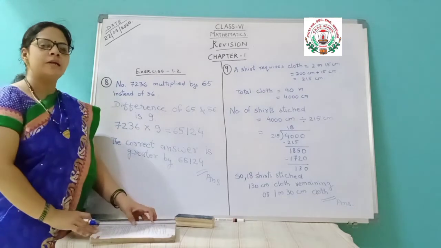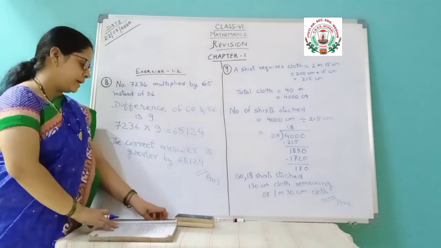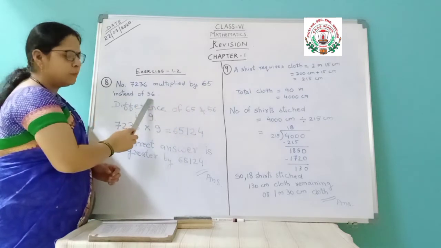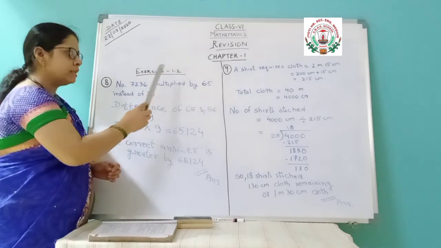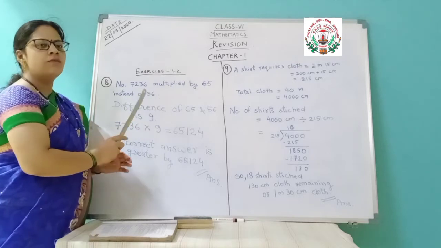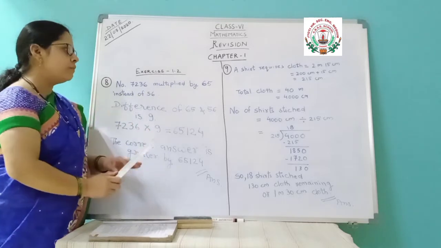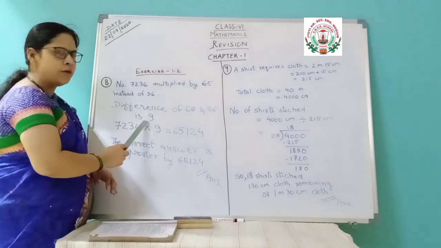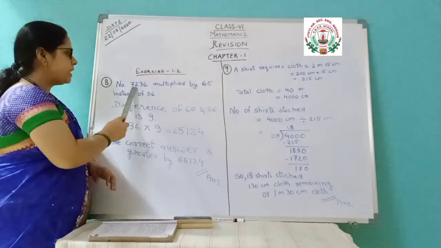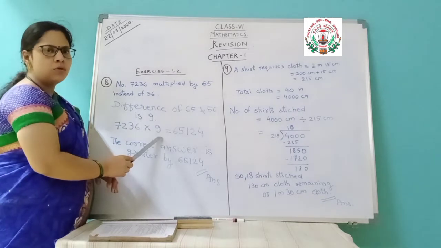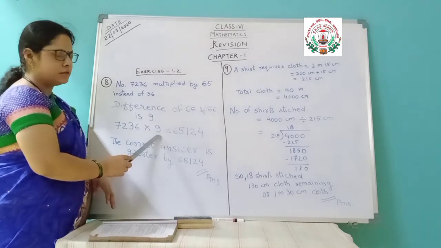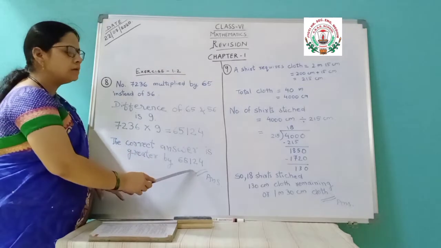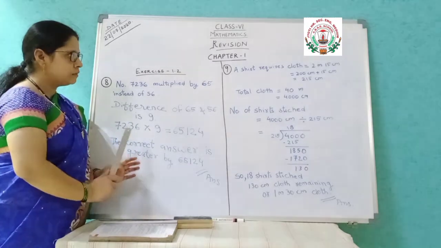So instead of multiplying by both the numbers separately, by multiplying 65 once, then 56 once, and then finding out the difference, instead of doing these three calculations, what are we doing? First we are taking out just the difference. The difference is the 9 we got. Then just multiply this number by 9. So you will get the difference in the answer. This is the amount by which the answer is greater. This completes your question number 8.